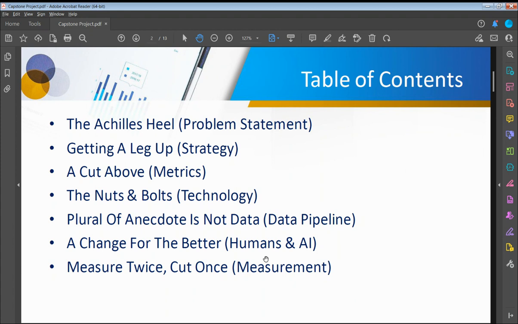As we go through this presentation, you're going to see what exactly the problem statement is that I am referring to, what the strategy is that we will be looking at to find a good solution using AI to counter the problem statement, what the different metrics are that we are going to measure as we implement that strategy, and what the detailed technology is behind creating an AI model and the AI tool that we're going to use in the credit union.